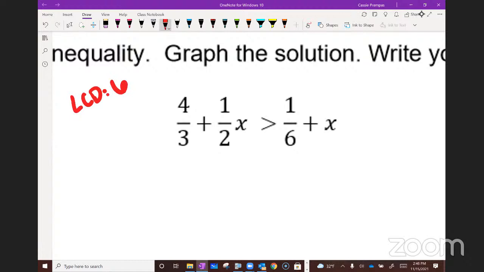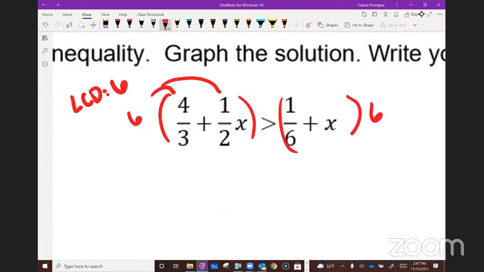Nice. Okay, guys, so we're going to multiply both sides of the inequality by 6. We have to keep it balanced. We need to make sure to distribute it in. You might want to put 6/1 since we're multiplying into fractions. So let's start with the first one. How many times does 3 go into 6 evenly? Twice. So I have 2 times 4 plus how many times does 2 go into 6 evenly? 3. So I have 3 times X